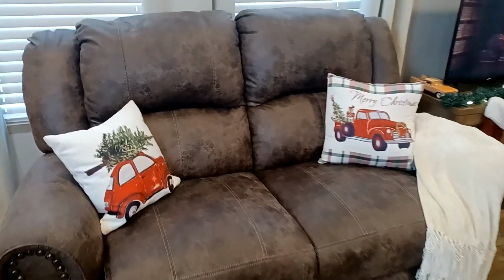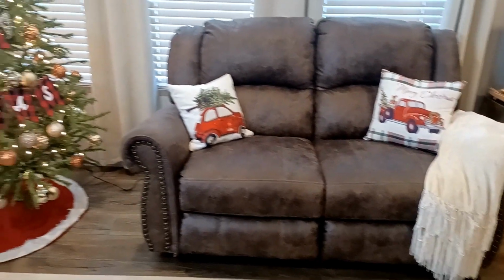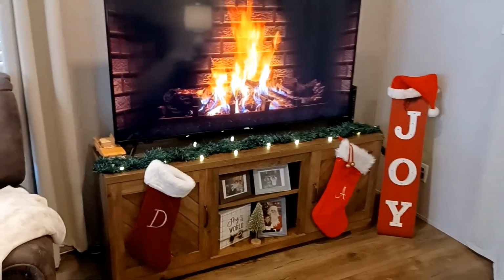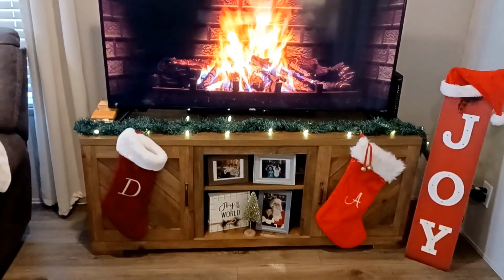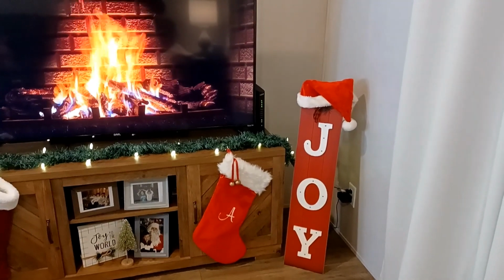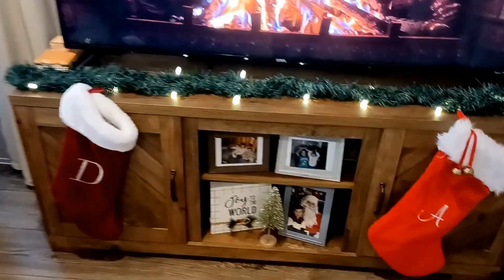Okay, moving on to the living room. So here are those truck pillows that we thrifted. Those were $2 each. And here is a picture of what the TV stand looks like, and I love it. I just have some garland there on the top. I may take those pine cones and sprinkle them on the top whenever I find a candle, but I've got David and Ashley in our stockings, and then this joy sign, it actually does light up, and I've got my Santa hat on top of it,